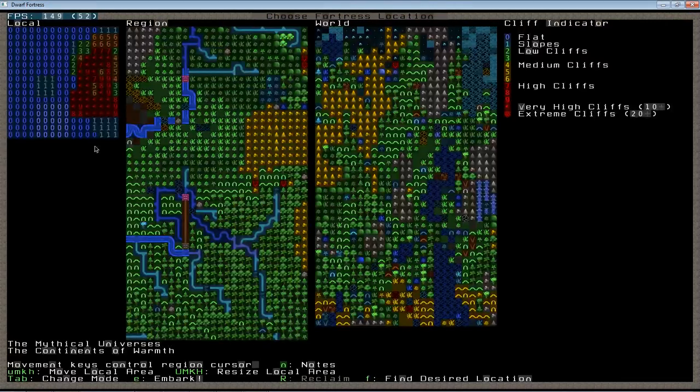The cliffiness indicator is a little confusing at first, and what it pertains to is how broken, how multi-level an area is. 0 means that it's perfectly flat, for example. 1 means that there's some cliffs, but it's like a gradual slope. There'll be an occasional 1-level change or 2-level change. These 8s, 9s, and asterisks here are highly cliffy, mountainous type terrain. So for those of you looking to embark on a mountainside, for example, that's really what you're looking for, is this rapidly changing terrain. And what this really corresponds to is how many vertical changes there are in a given